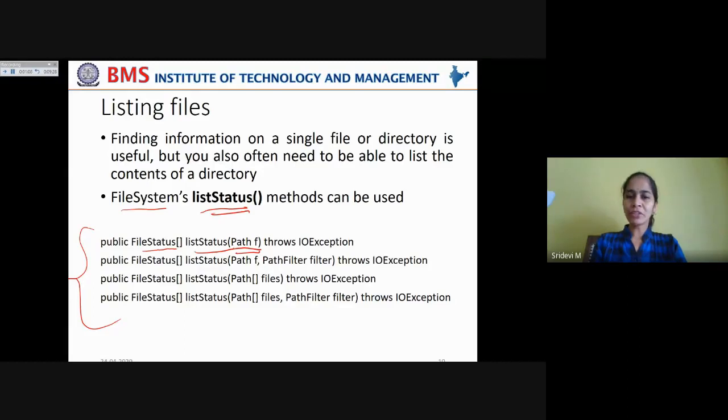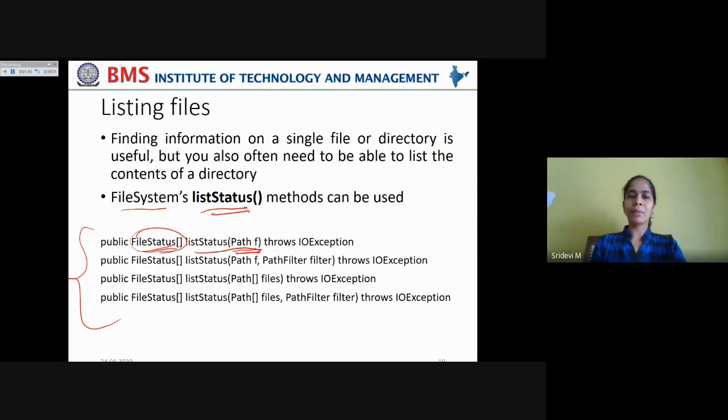All this information is stored as an array of FileStatus, which indicates each parameter is stored in each index. Say the replication factor is stored in the FileStatus 0 location, and block size is stored in the FileStatus 1 location. It is in that way.